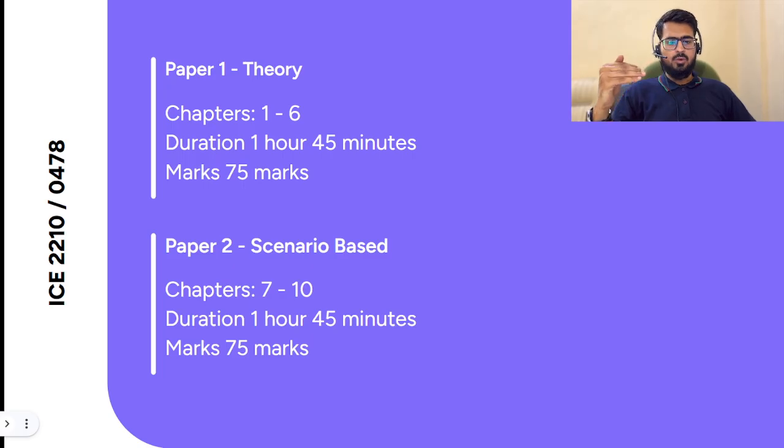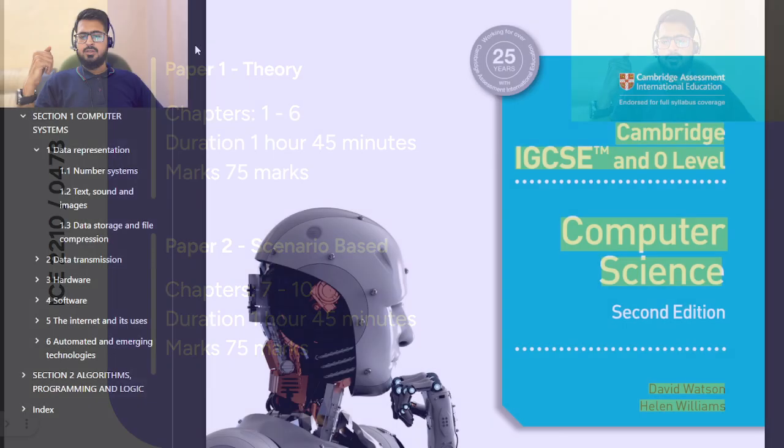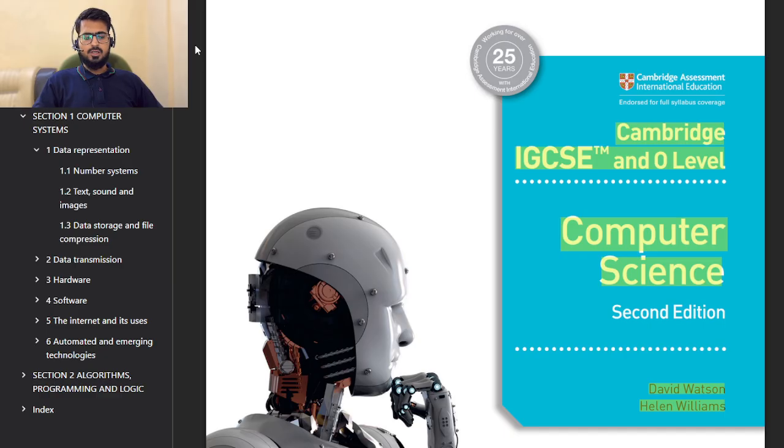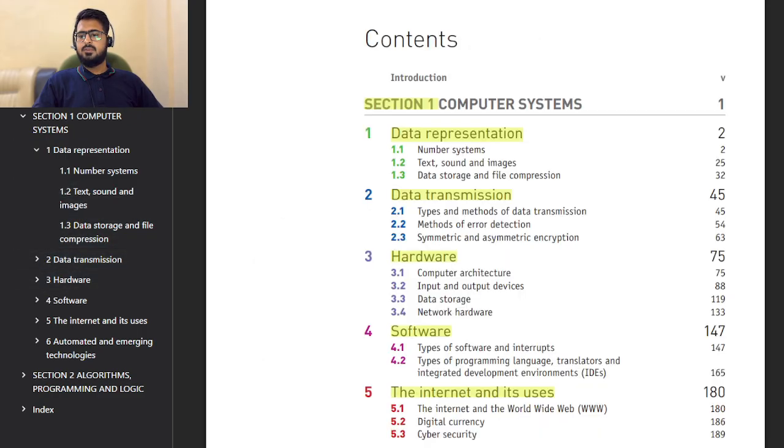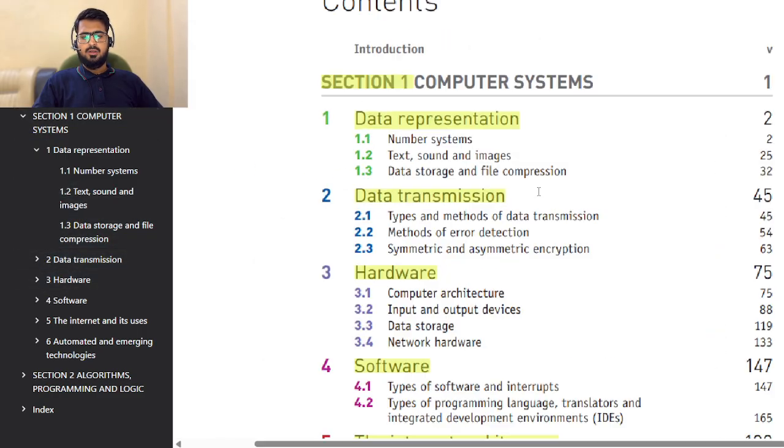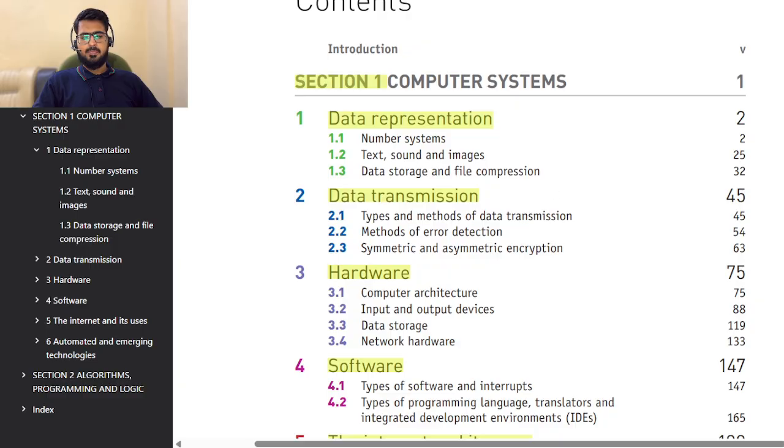So let's have an overview of both papers chapter wise, so you'll have a better understanding and a better roadmap of that. So let's jump to the content section. Yeah, here we go. Your Section 1, which is ultimately Paper 1, contains 6 chapters, and the first